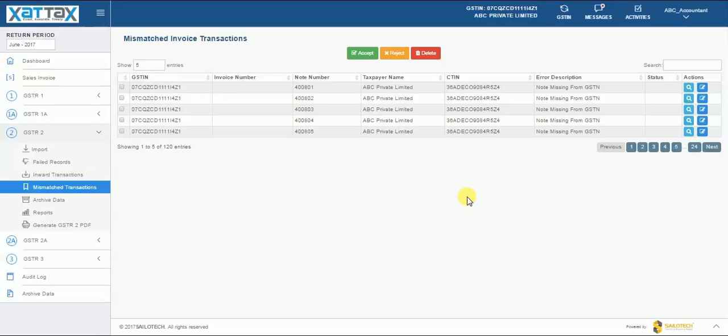Once accepted, the invoice gets reflected in GSTR2. When the accountant thinks that the invoice is not correct or has certain deficiencies, he or she can click the reject button, wherein an email gets generated and then sent to the supplier notifying that the invoice is not correct and has to be rectified, starting the reconciliation process.